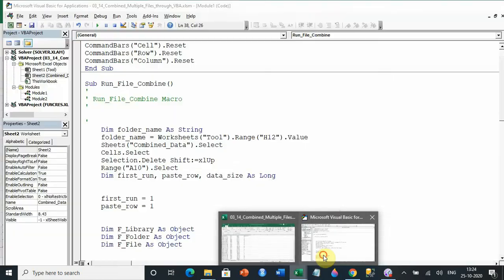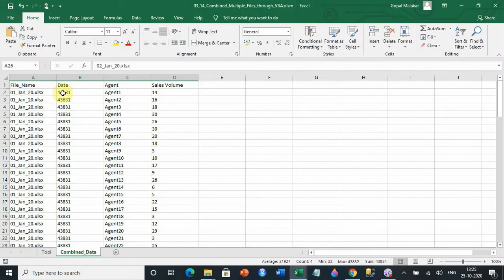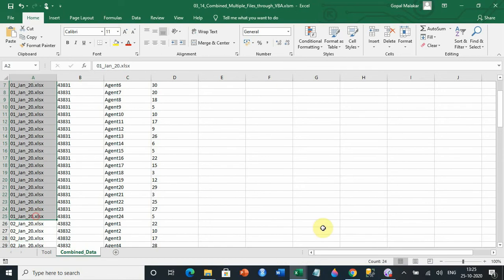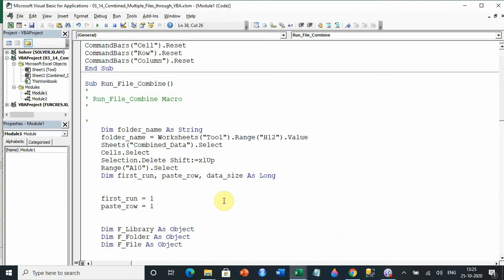And the third thing is the data size. This tells you how much data each file has. So the first time the data size will come as 24, in fact 25, because it will start from here. But from the second time onwards the data size will be like this. It will be 21, and then 22, and then you'll put that it has data till 25 plus 22, 47. So the third file should be kept here. It keeps doing that one by one, and I'll tell you how it does.